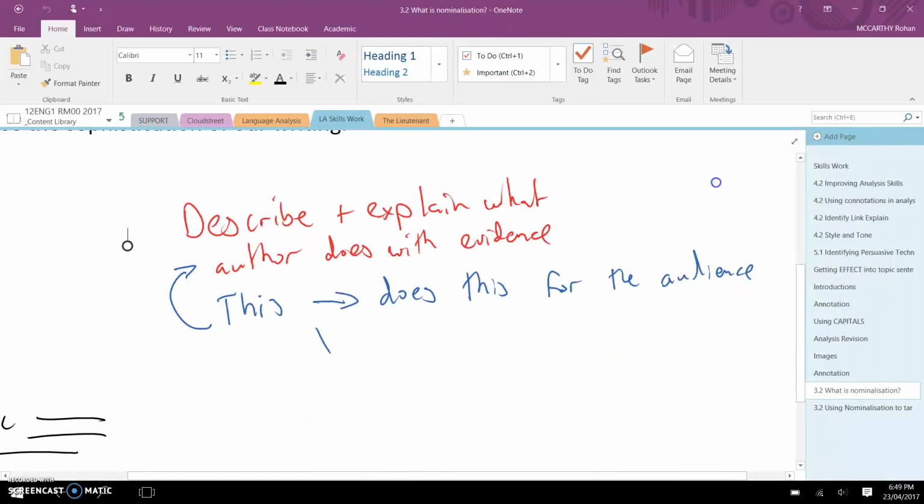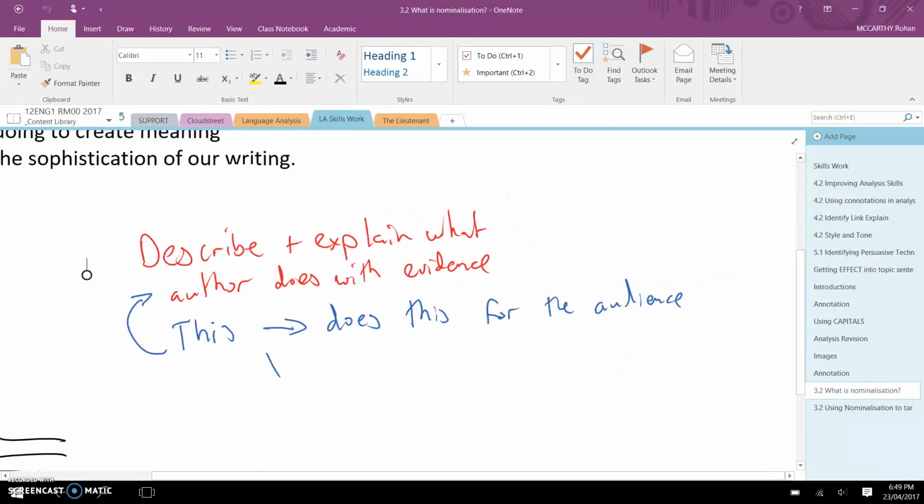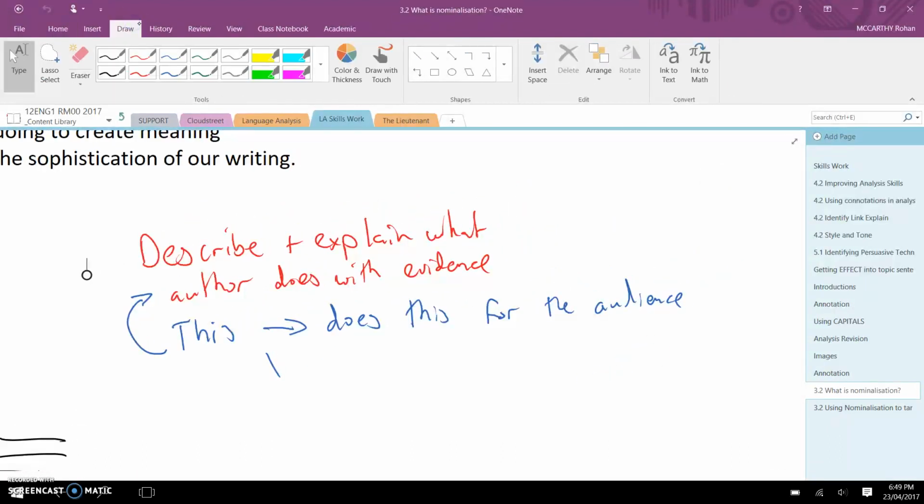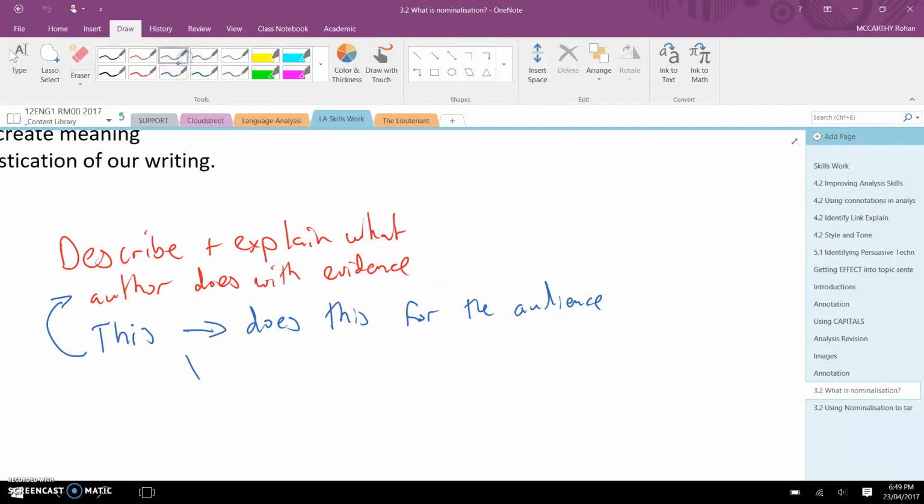Let's have a look down here at what we're actually doing. In my horrendously awesome handwriting here, you can see in the red that in a paragraph we might be describing and explaining what the author does with evidence. So we might be saying something like, for instance, with this last piece, describing volunteers as heroic. Okay, so that's what we're talking about, and we put that as our